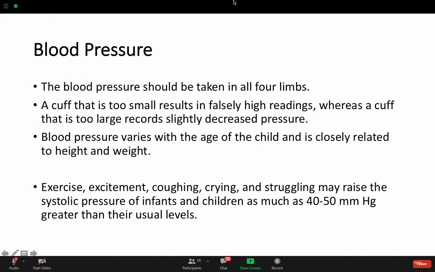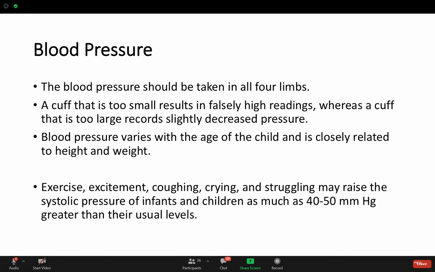The cuff size has to be adequate. If the cuff is too small, the result will be falsely high. العكس، إذا الكف حقت blood pressure measuring is too small، بيكون falsely high. If it's too large, will be falsely low blood pressure. فهي تمشي بالعكس. واضح؟